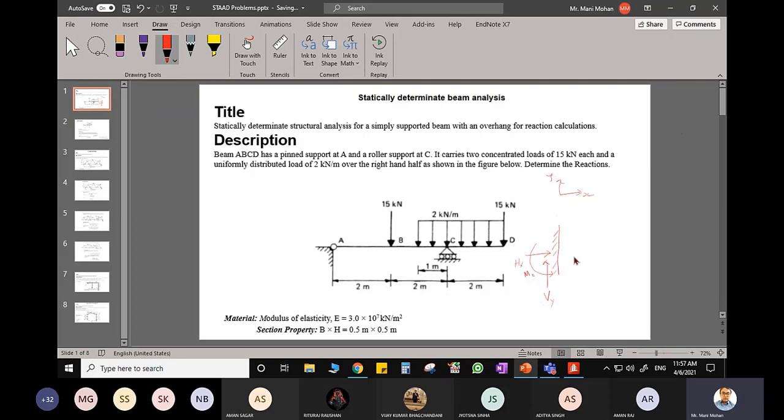Is this clear? Now, suppose I make hx 0, and I make mz 0, so what kind of support will I be having? Can you tell me? If I remove hx, that is, if I release, by releasing I mean that I'm making hx 0 and I'm releasing mz, I mean that I am making mz 0. So what kind of support are you going to have now? Roller. So this is how you can define a roller.